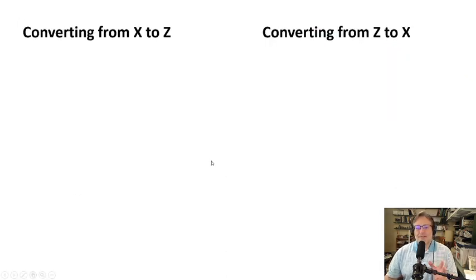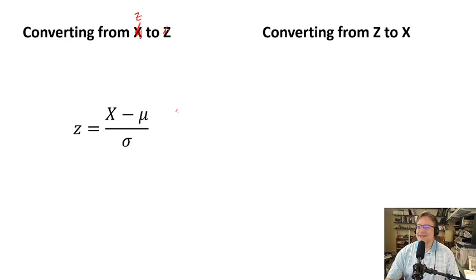So in all of the problems that we've done up until this point, we've been taking, this is actually backwards. So this actually should say converting from z. Nope, I'm sorry, that's wrong. This is right. From x to z. So we're taking a threshold from the original normal distribution and changing that to a z-value on the standard normal